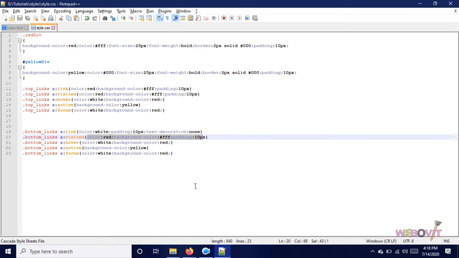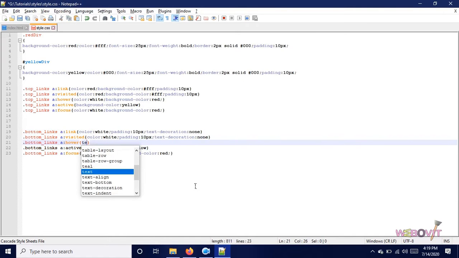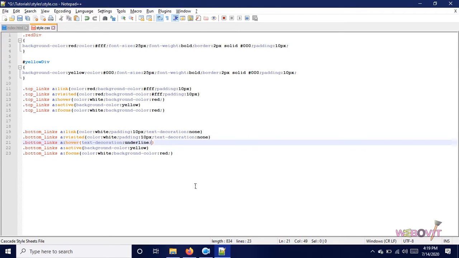Same style I have copied in the visited as well, so whether it is a link or a visited link, they will act the same. If you want a different style for link and visited link, you could mention that as well. When someone hovers, we want text decoration underline, and we want the color also to be changed to yellow.